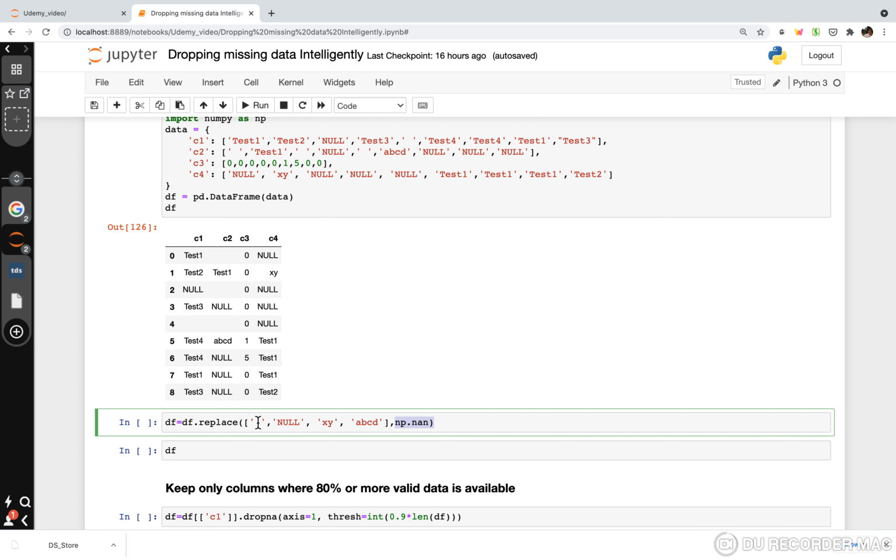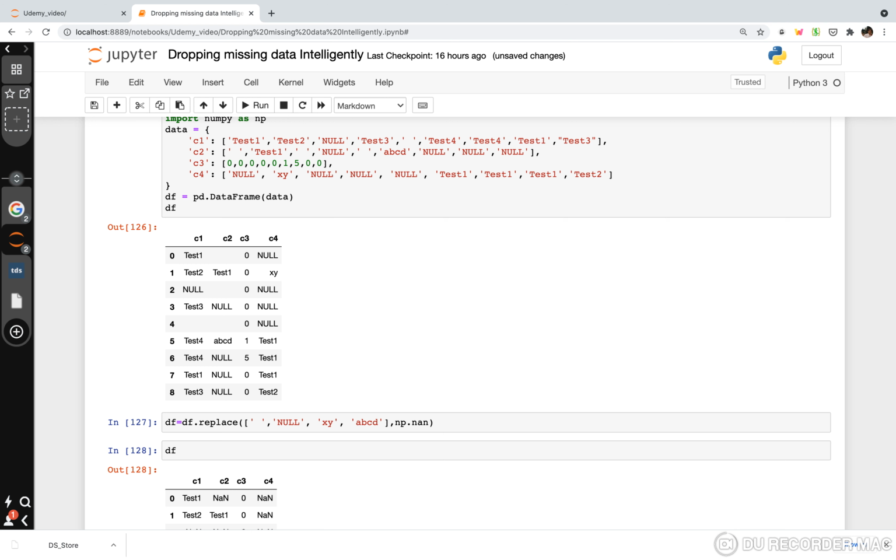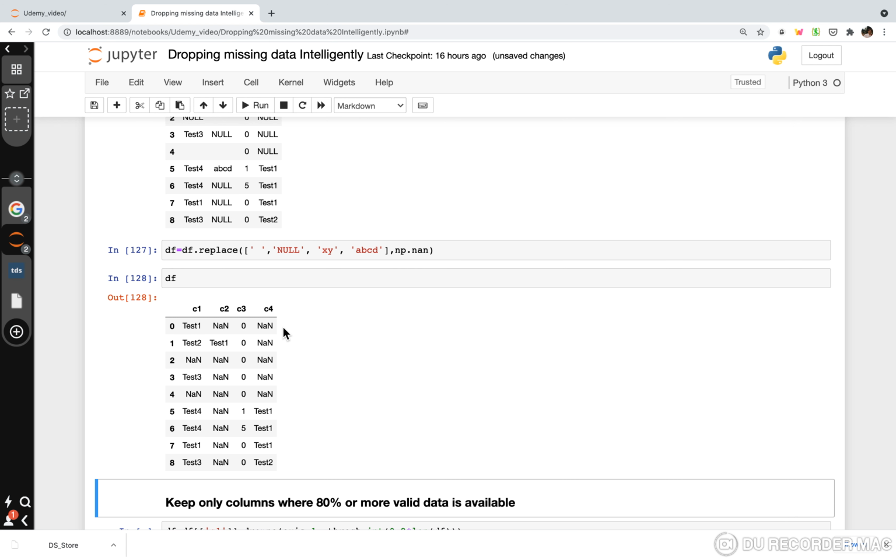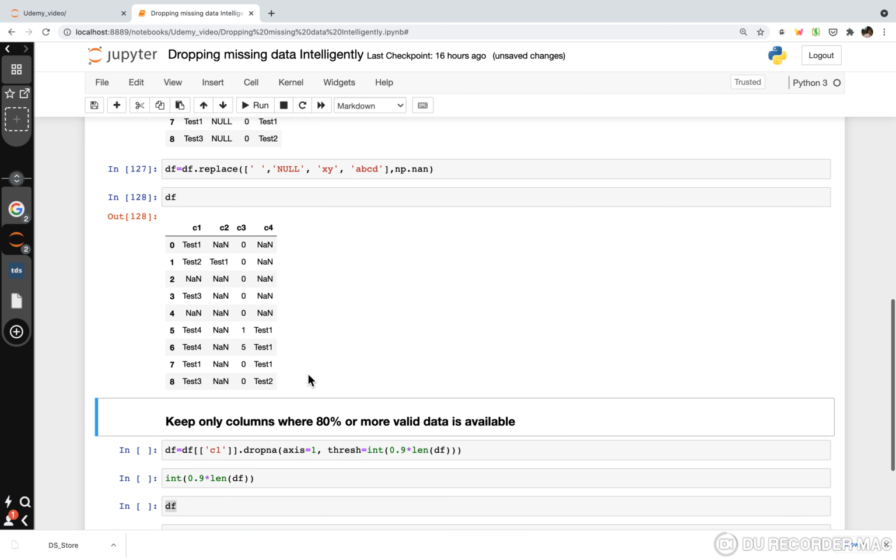So in df.replace, you have to give a list of the invalid values that you want to convert, then a comma, then np.nan. np.nan means it will be treated as a missing value in the pandas data frame. So I'm running it and doing df. As you can see here, all these A, B, C, D, and X, Y have been converted into NaNs here.